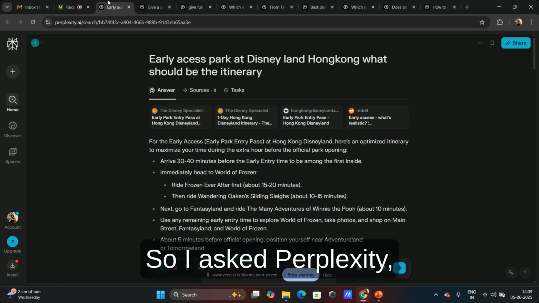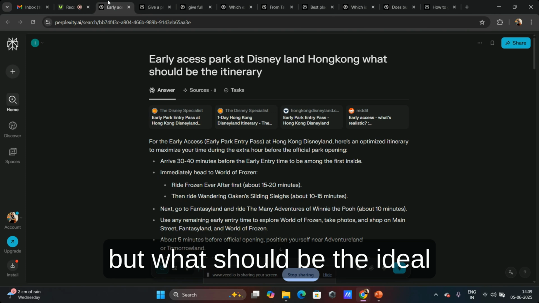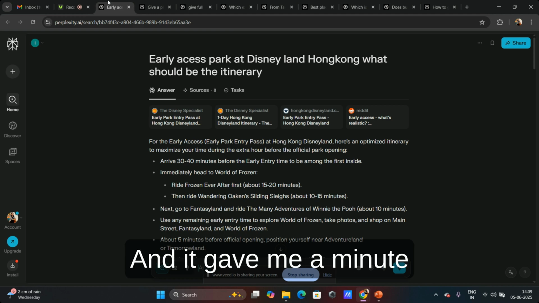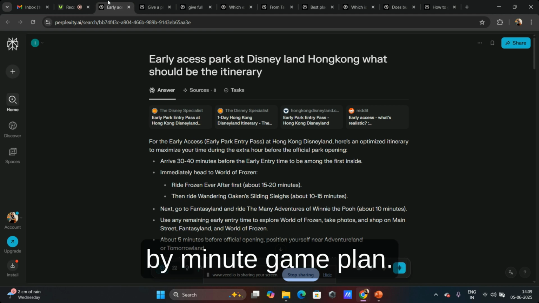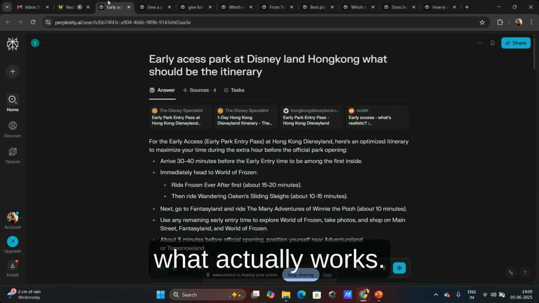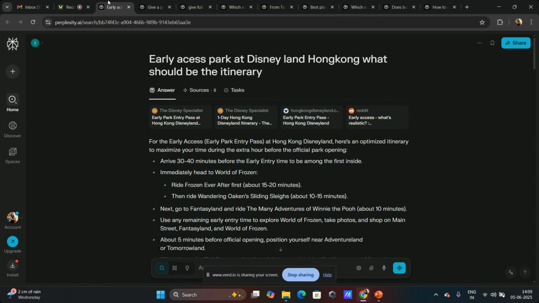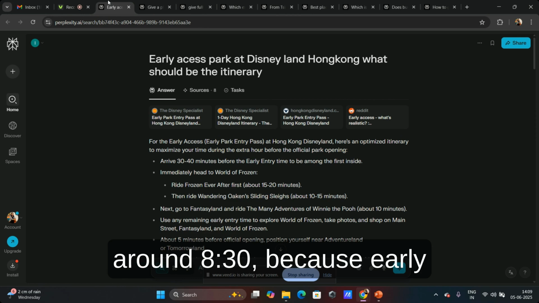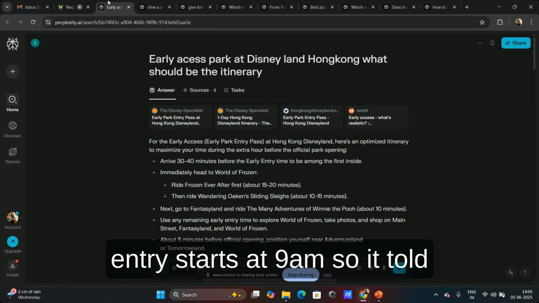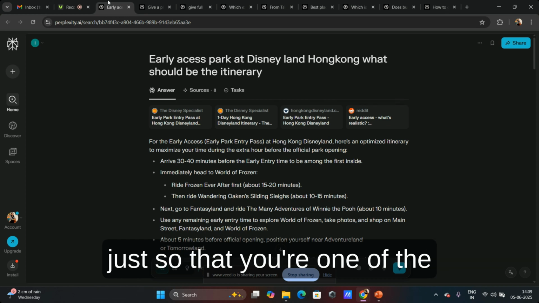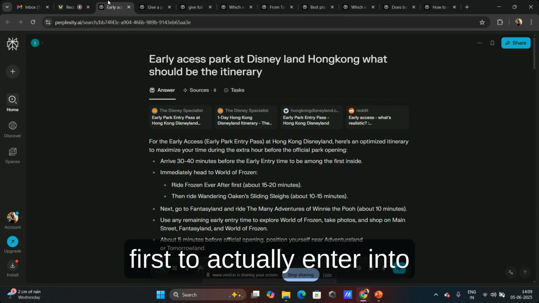So, I asked Perplexity what should be the ideal itinerary for early access at Hong Kong Disneyland, and it gave me a minute by minute game plan. No fluff, just what actually works. Here's how it broke down. It told me to arrive at around 8:30 because early entry starts at 9 a.m. So it told me to come ahead of the crowd so that you're one of the first to actually enter